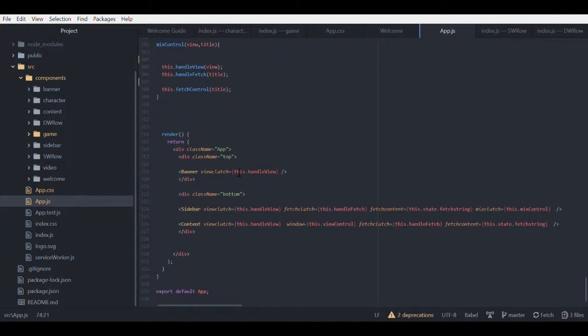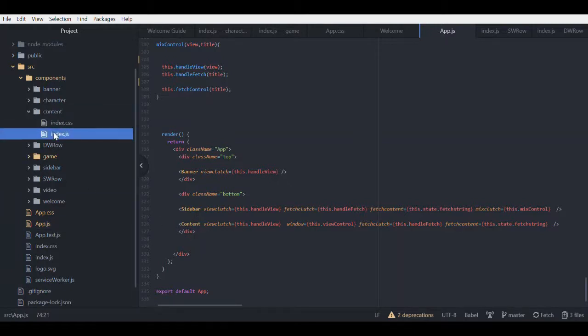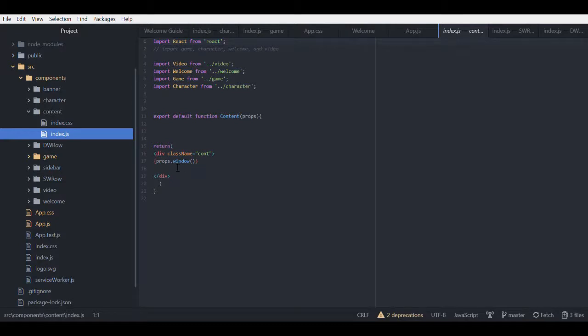And here's where all of the views are handled. The banner, the sidebar, and the content. The content only displays a function for its own window and nothing more. The meat of the action happens within the character,